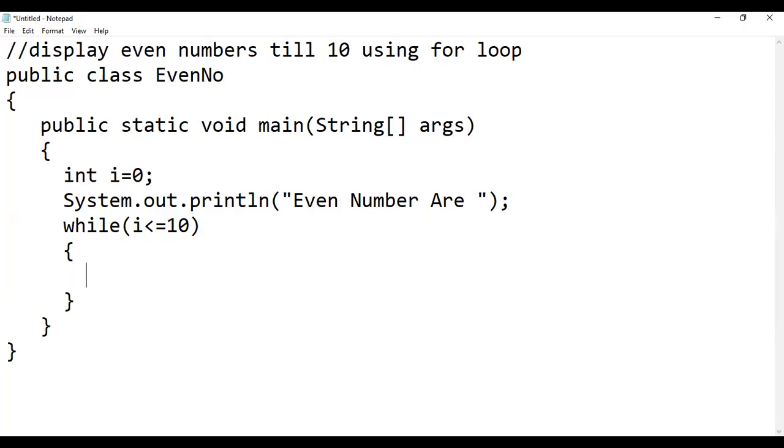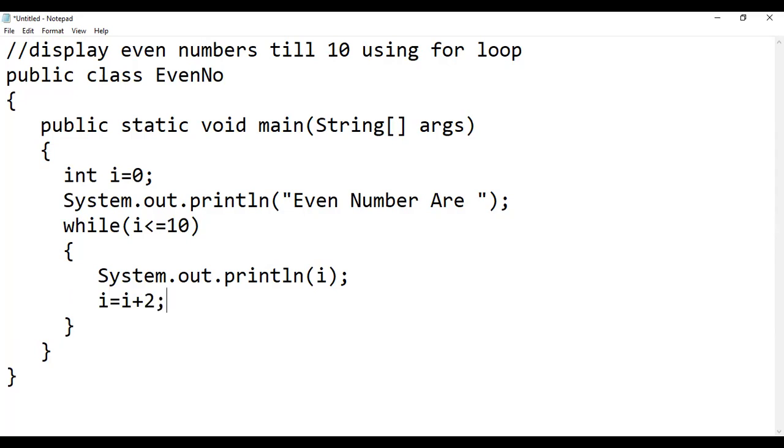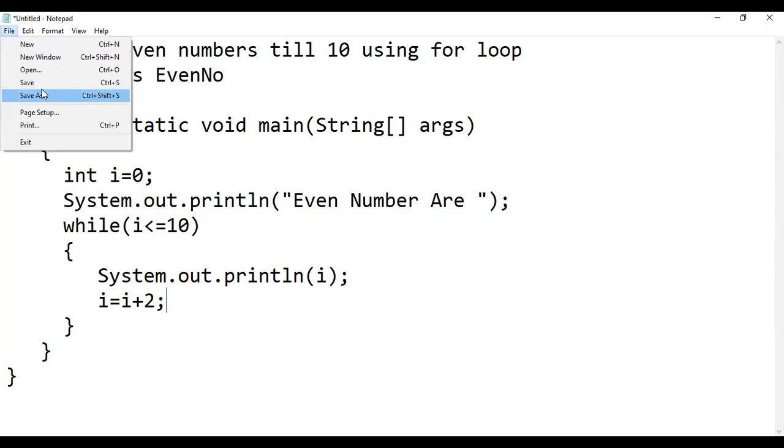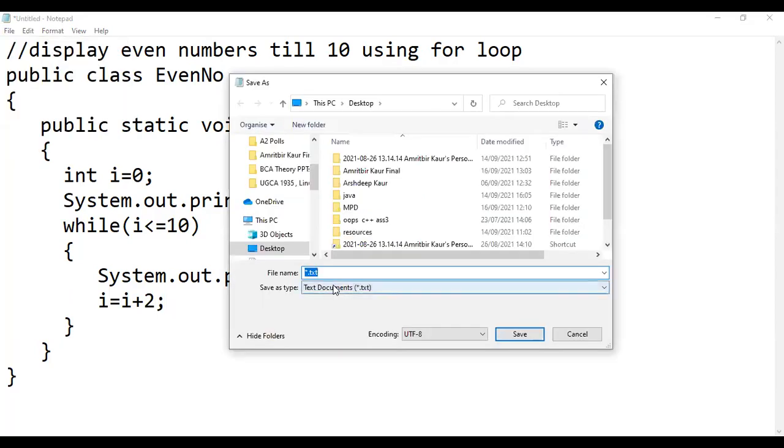Here we print System.out.println, and here we want to display the value of I, and after displaying the value we update it by 2, so that the next even value will be displayed to us. So firstly we will save this program, and then we will execute it.